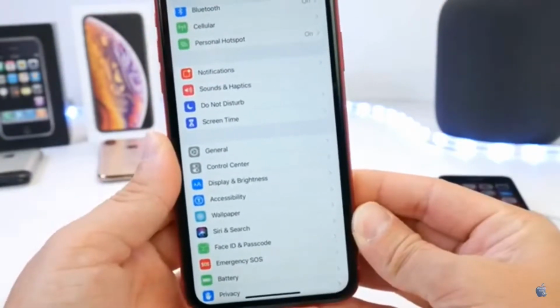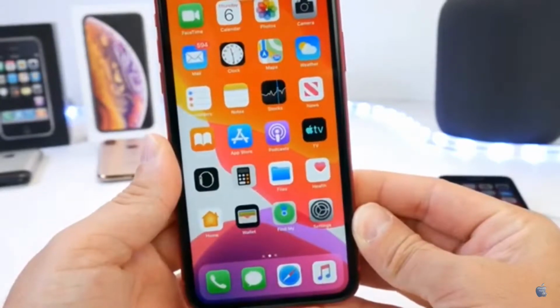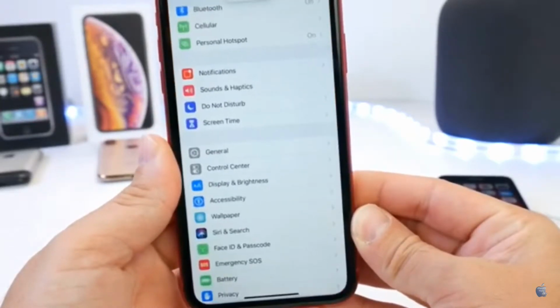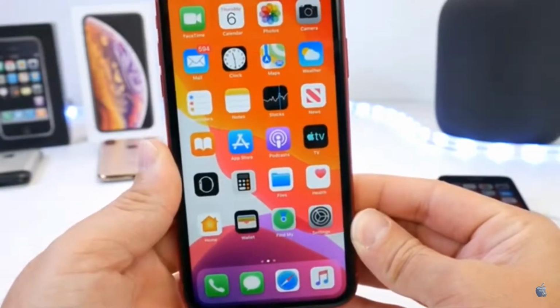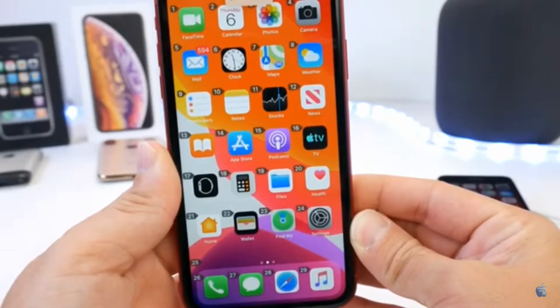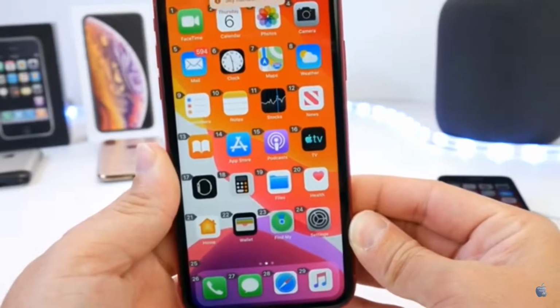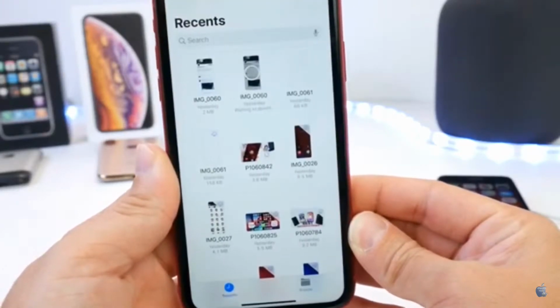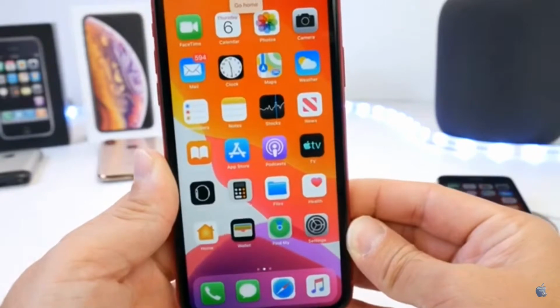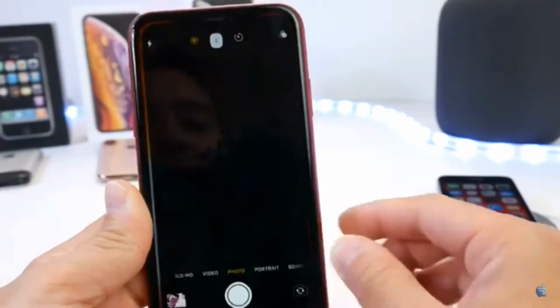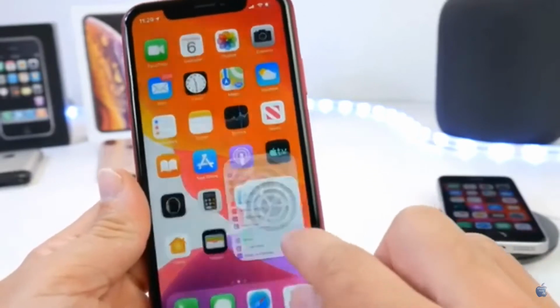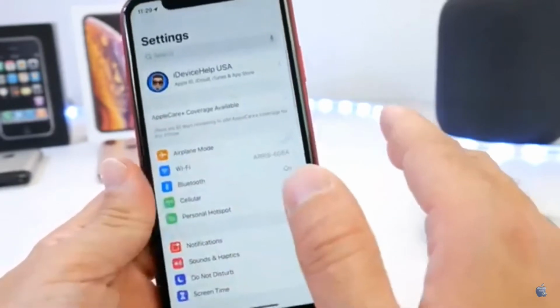Go home, open settings, go home, show numbers, 19. Go home. Show numbers. 4. Isn't that cool? You can actually control your iPhone, and this extends throughout the entire OS,